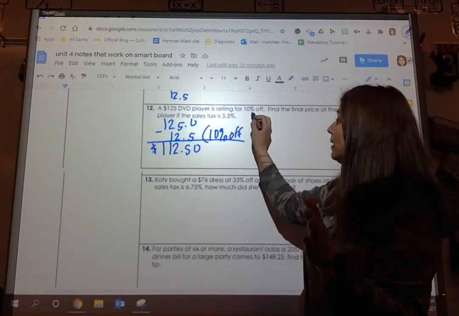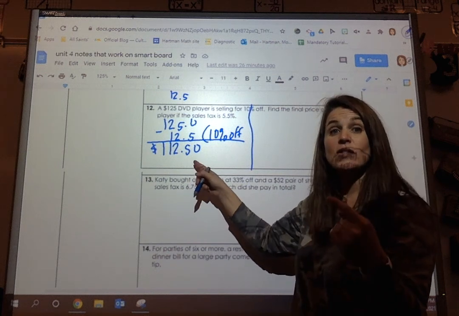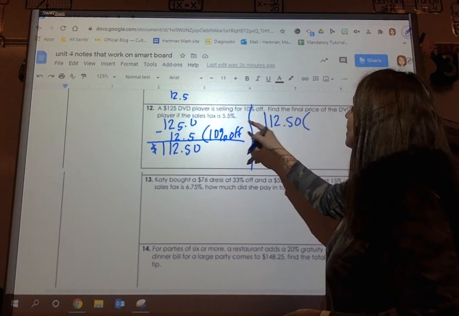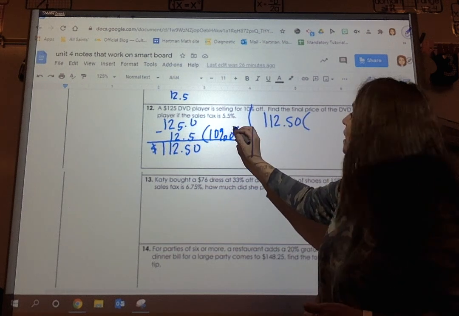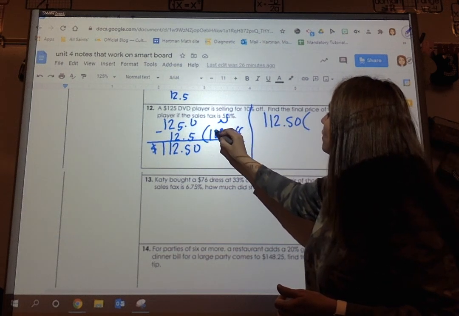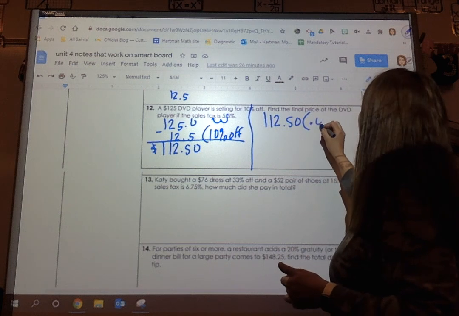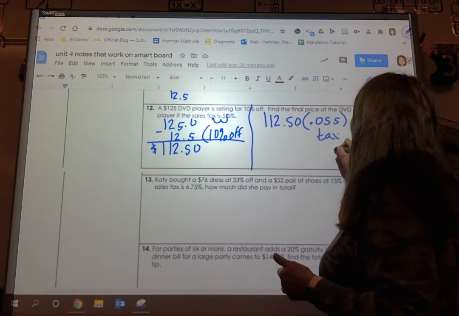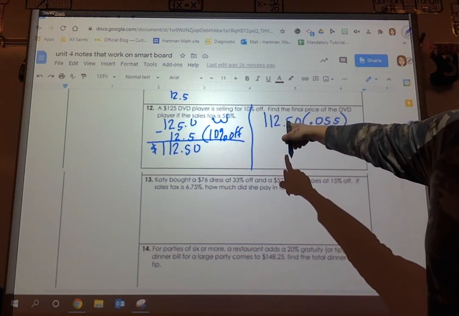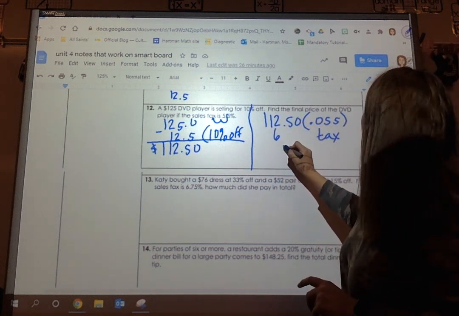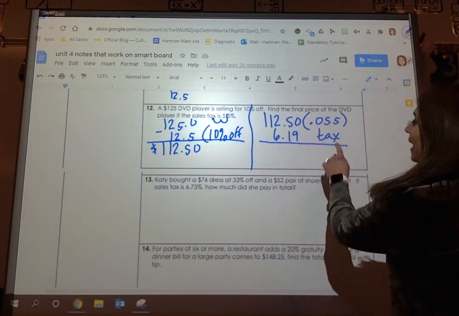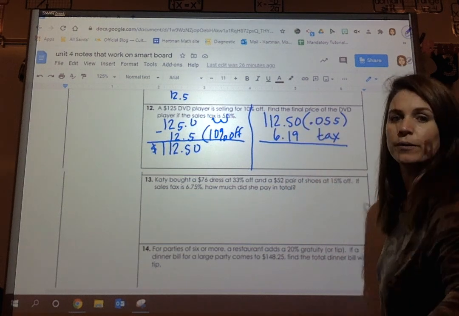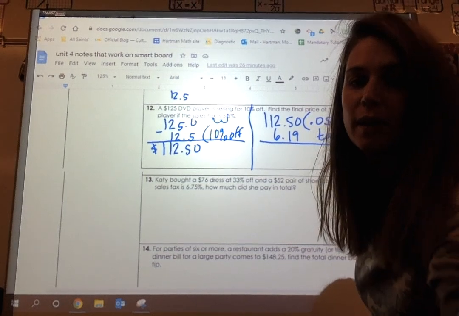But I'm not done because now I have to pay the sales tax on that. So if it's $112.50 and the sales tax is 5.5%, I move my decimal twice over and I get 0.055. So the tax is going to be, when I multiply that, $6.19. That's the tax. So now, the sale price, what I'm getting it for,